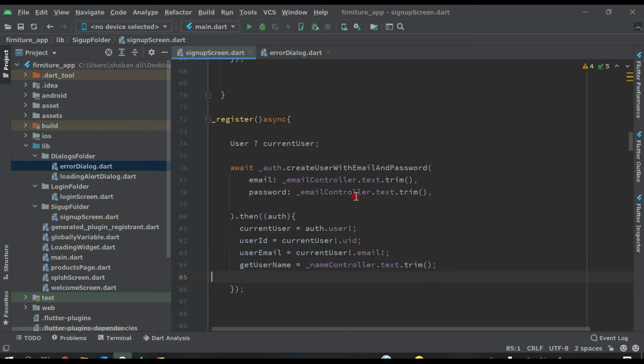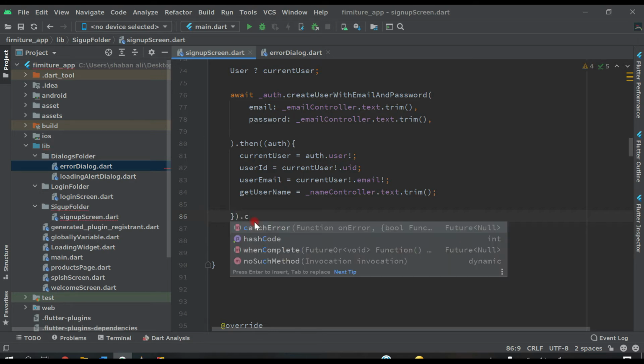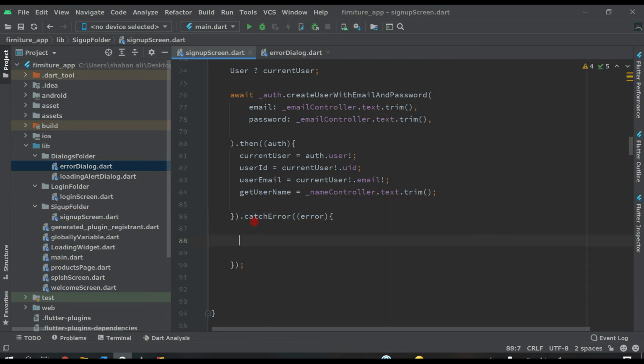Then after this come here and remove this semicolon and put catchError, and remove this onError and put round brackets again like this and write here error, and after this put two curly braces, a semicolon at the end.